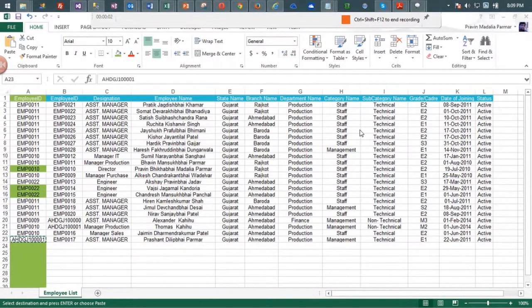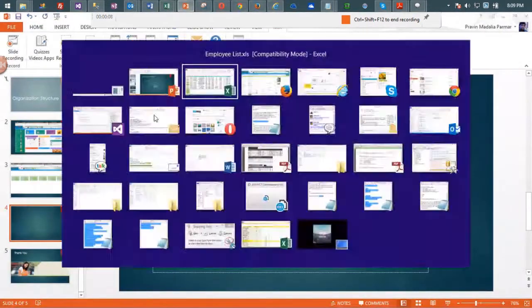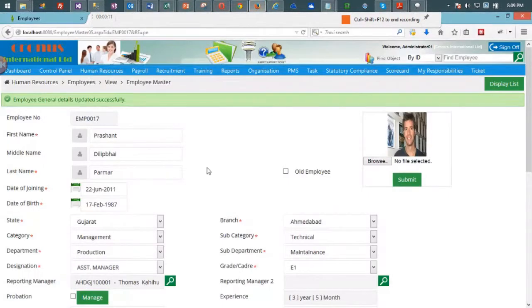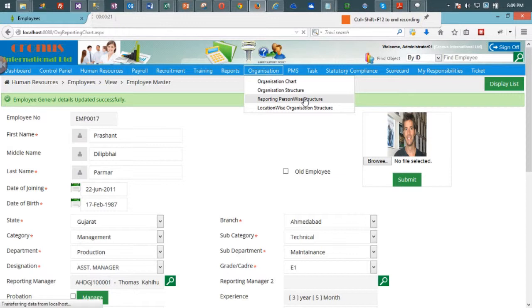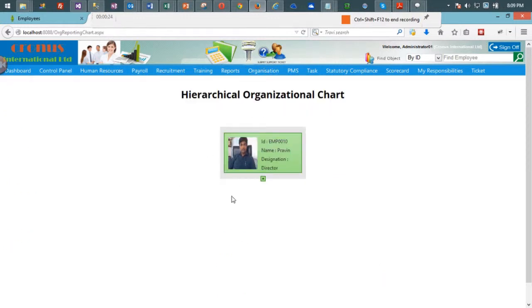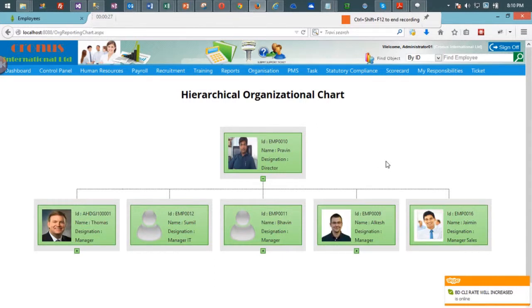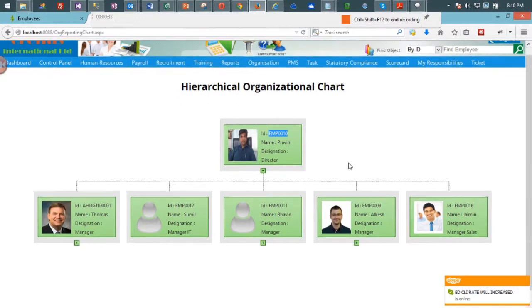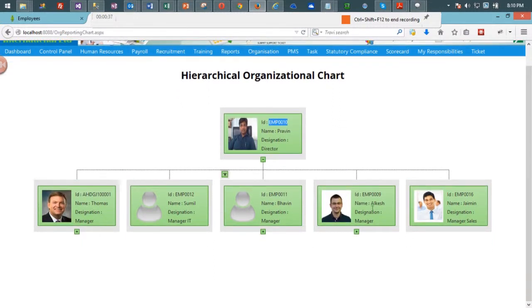Yes friends, so now as you can see, I have set the reporting managers of all employees. Now let's go to the organization reporting person structure. Okay, I think it is working. Perfect. As you can see, this employee 10 has the designation director, and these are the managers: manager sales, IT, marketing. This way, and this person's designation is